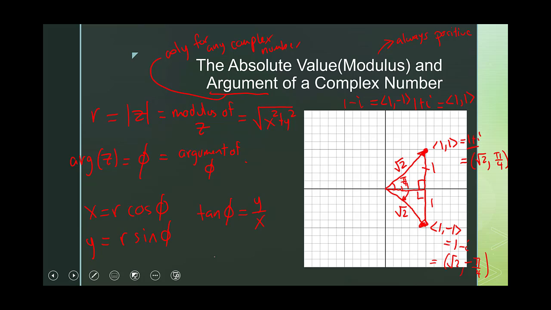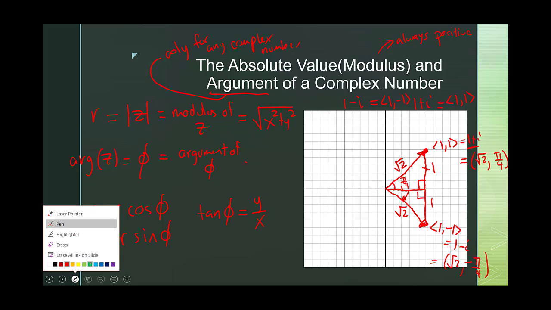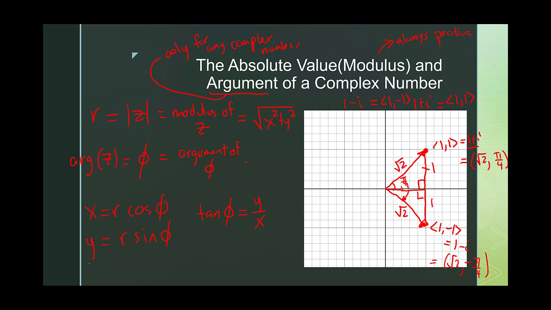So let's go ahead and look at our 1 comma 1 there. Use a different color here. So pi over 4 definitely works, right? But we could also go pi over 4 and then rotate another 2 pi, right? That would give us another argument. Or I can rotate twice. Or I could rotate another time. And I can keep playing this game, right? I can keep rotating and get a different argument. Or I could have rotated, by the way, clockwise as well and gotten a similar thing. But in any case, because of the nature of angles, complex numbers actually have infinitely many arguments.